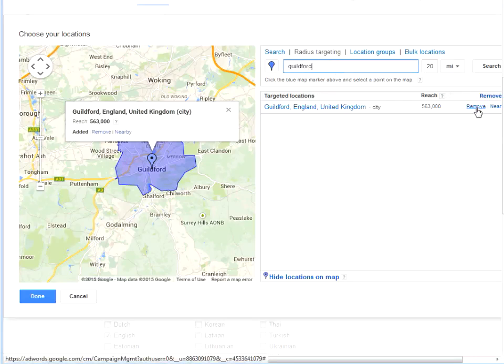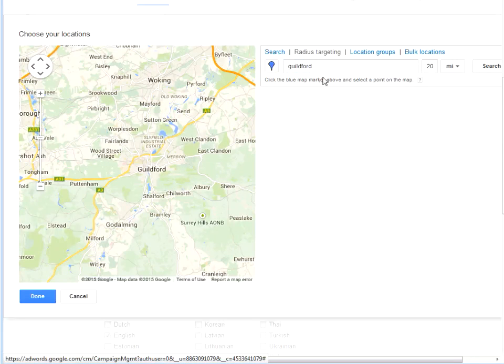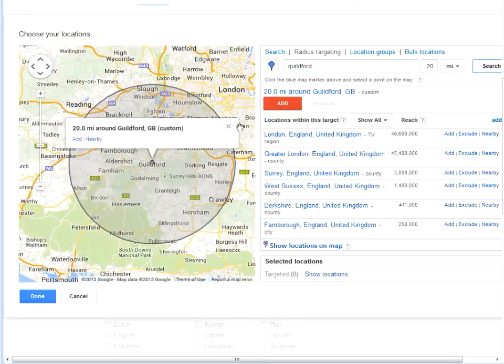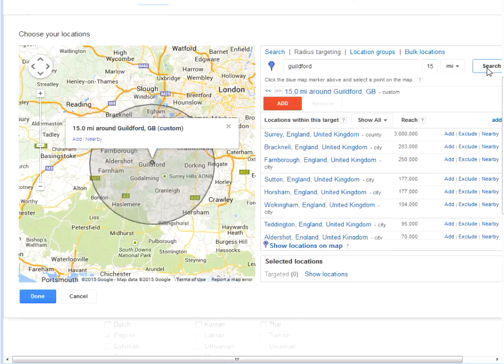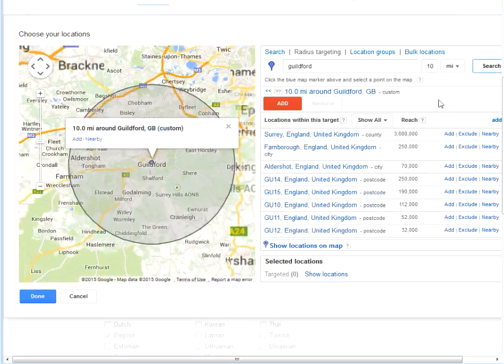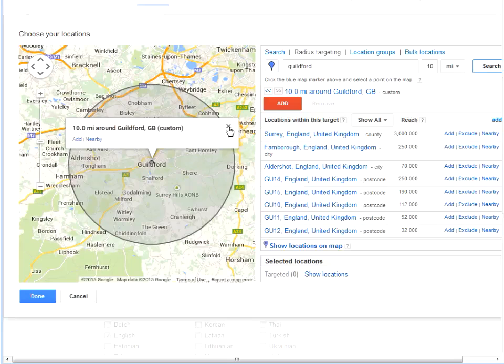If I just remove the one I've just set up, so under radius targeting 20 miles, you can see now it's given me a much larger area to cover. Now going into sort of South London, not quite sure I want to go that far, so I can quite easily change this and narrow it down a little bit more. May even want to go to 10 miles and just start experimenting, because I have to bear in mind that